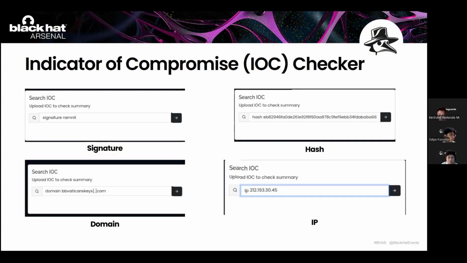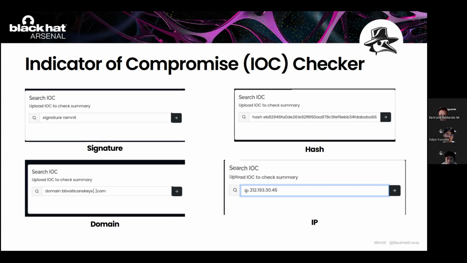Now we explain the IOC checker input feature. There are 4 inputs that the user can give inside the application. The first one is the signature input, the second one is the hash, the third one is domain, and the fourth one is IP. This input field must be two arguments only, not more, not less.